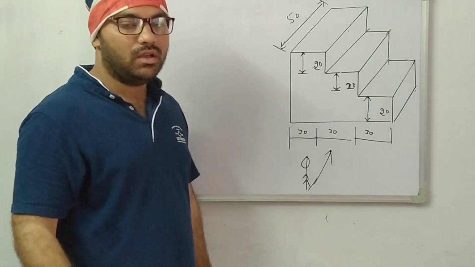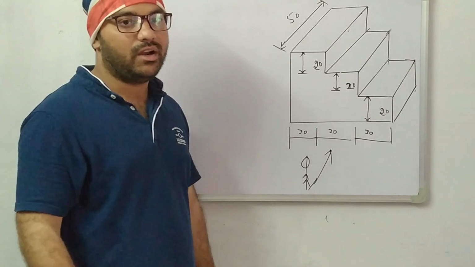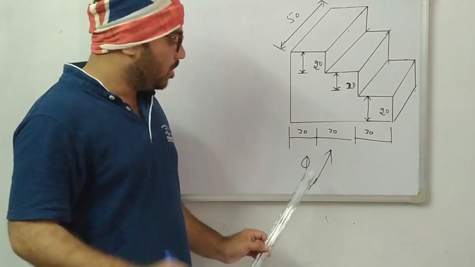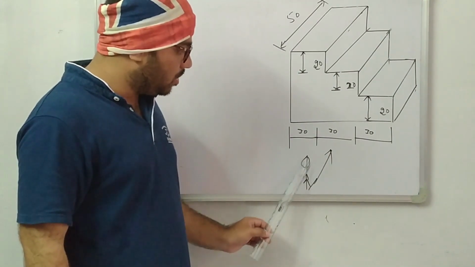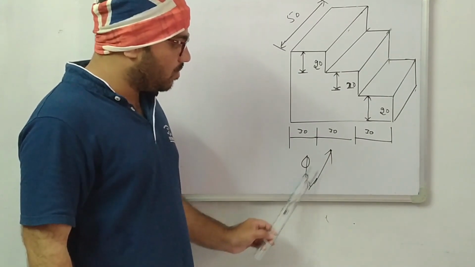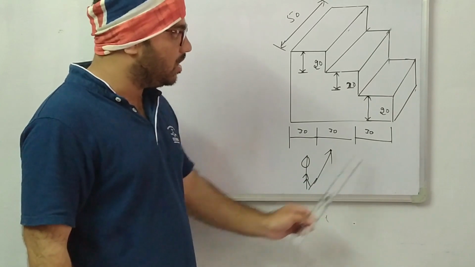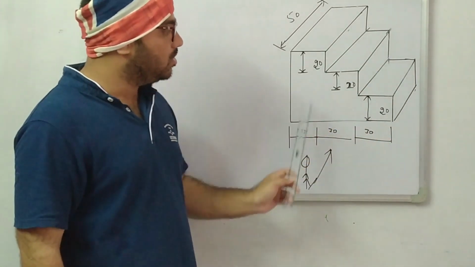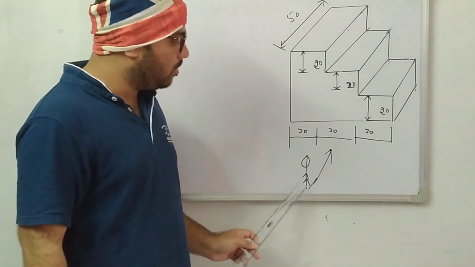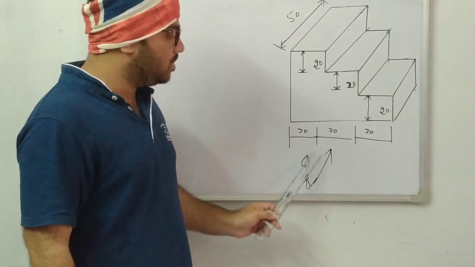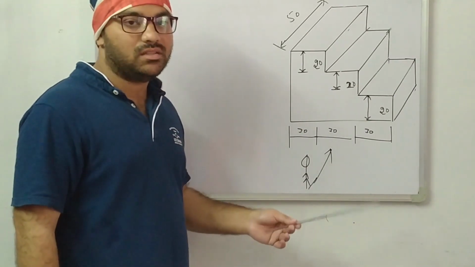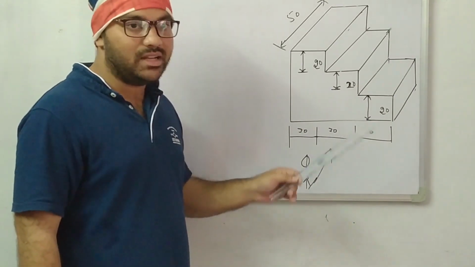So first of all, we are going to construct the front view every time. So the front view is here. Suppose in the problem the arrowhead sometimes may be given like this also. Then this is considered as my front view. This is not my front view. So here in this problem, the arrowhead is like this, so consider this is my front view. And if the arrow is not mentioned, then the longest side is my front view.